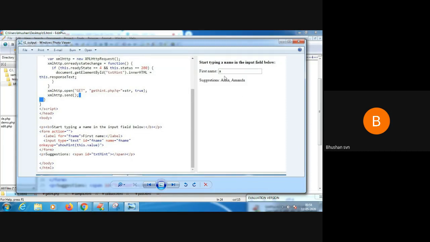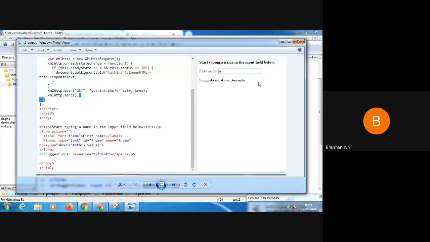So when I try to put a character in this text field, maybe A, B, C, whatever it is, depending upon the type of character that I type in the text field, it will give some suggestions. That means, see, in this case, I've just typed A, and it is giving some names here, Anna and Amanda, something like that.